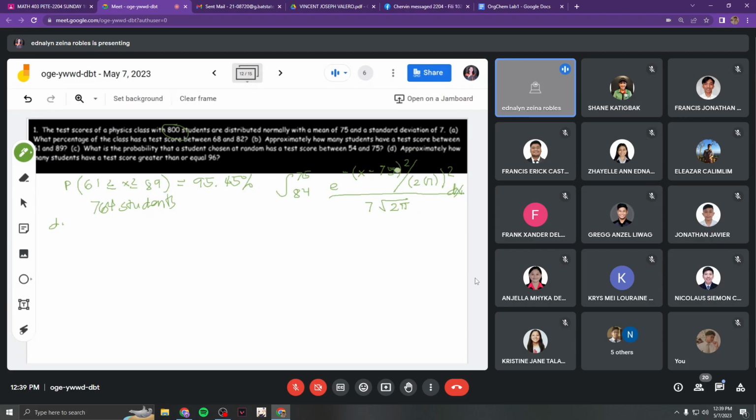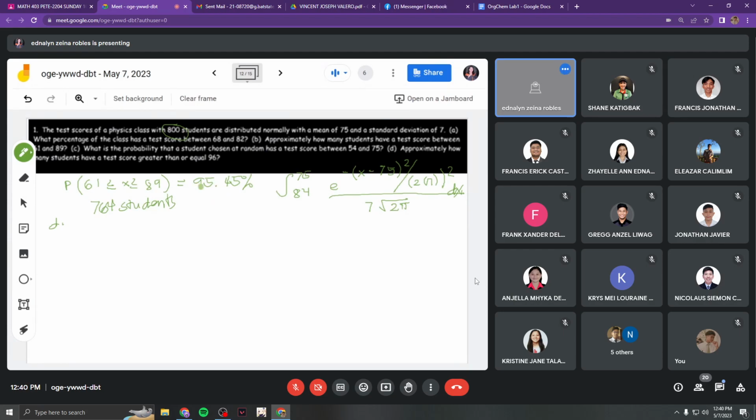If you use this formula, you can also arrive at 95.45, and thus getting 95.45% of 800 is 764 students. So for letter D,